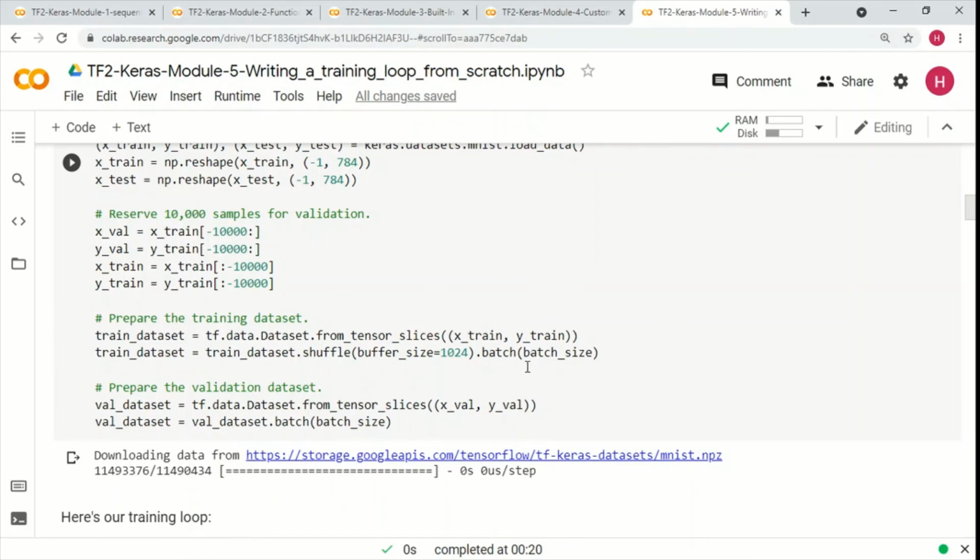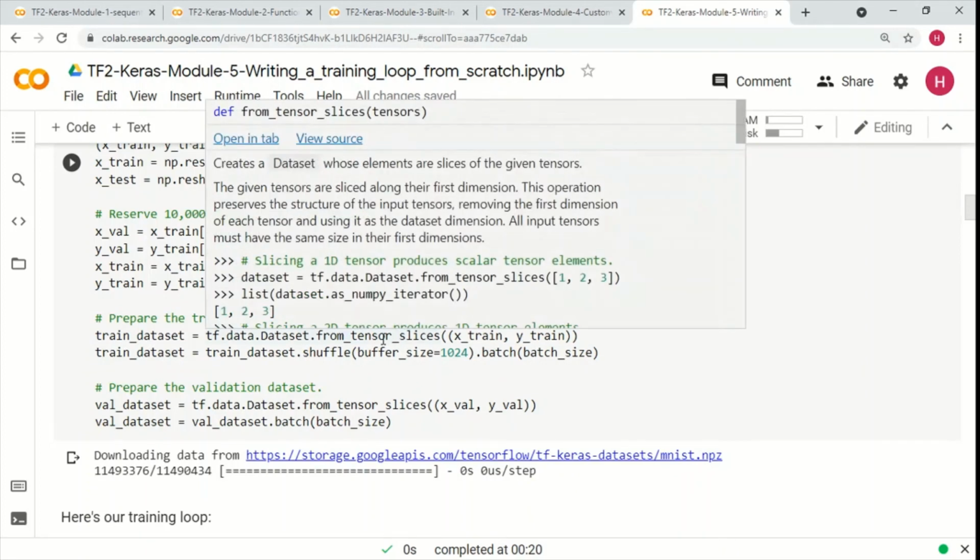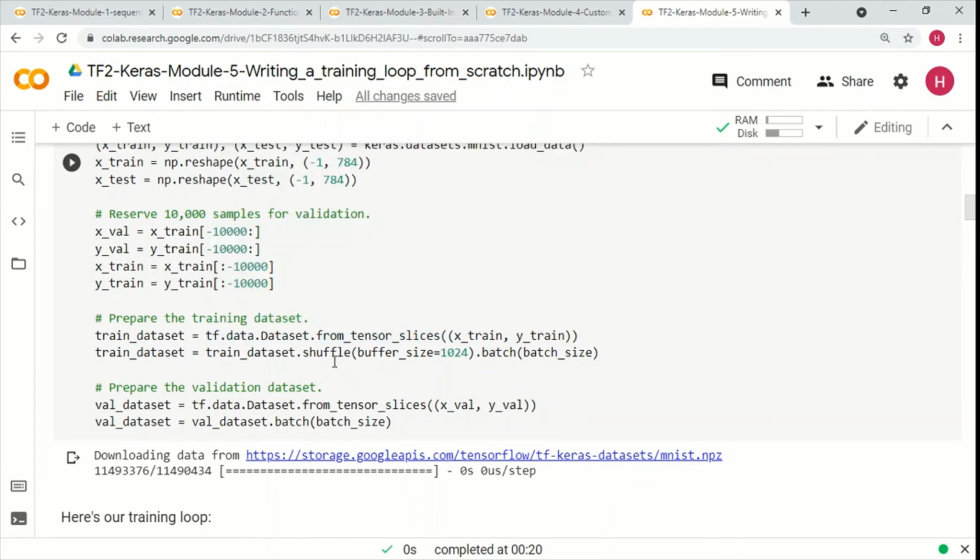We'll have to define our own batches here, and that is what we are doing through these tensor slices. We are shuffling, so everything that was happening in fit, we'll have to do ourselves. We'll have to create the validation dataset also, and we are using the from_tensor_slices method to create a validation dataset over here.